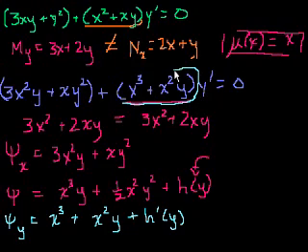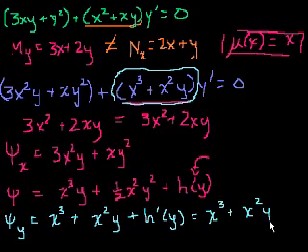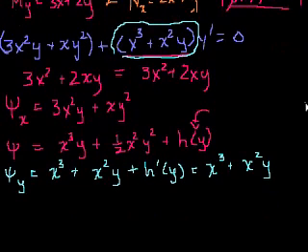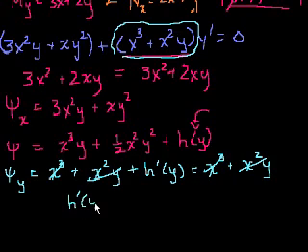So that's going to be equal to this right here. This should hopefully be making sense to you at this point. So that should be equal to x to the third plus x squared y. And interestingly enough, both of these terms are on this side, so let's subtract both of those terms from both sides. So x to the third, x to the third, x squared y, and we're left with h prime of